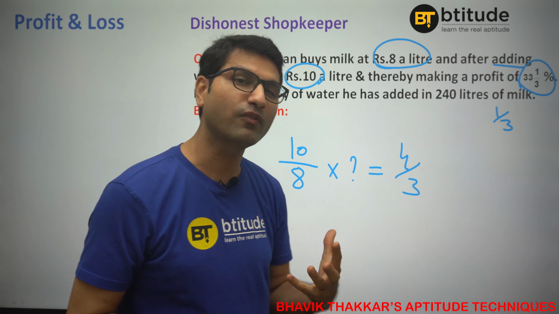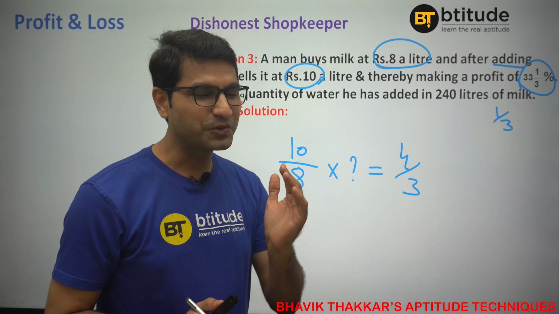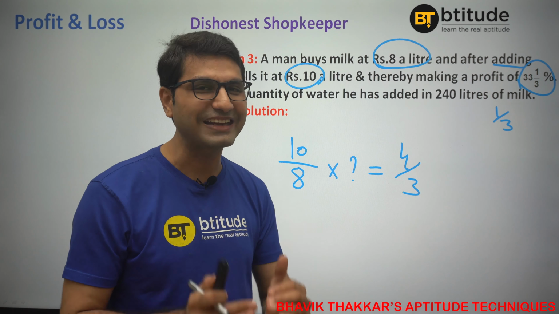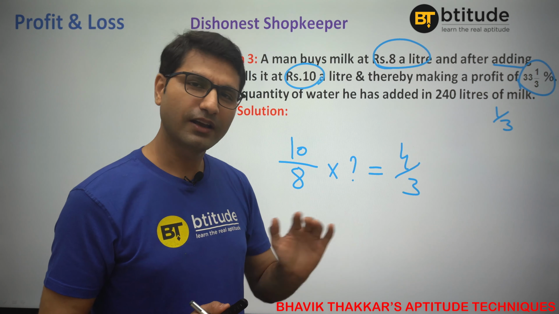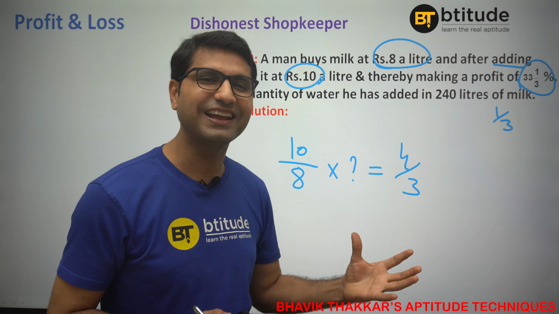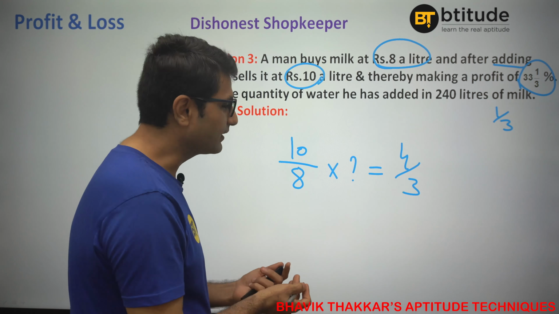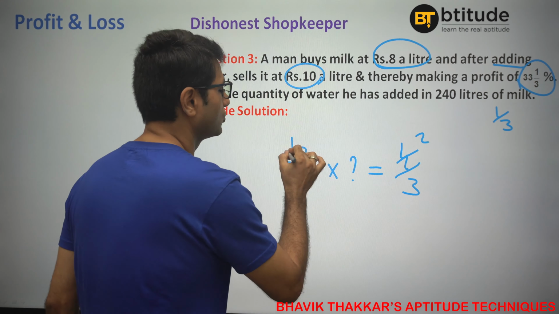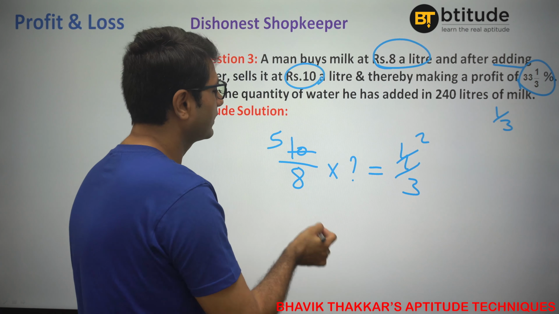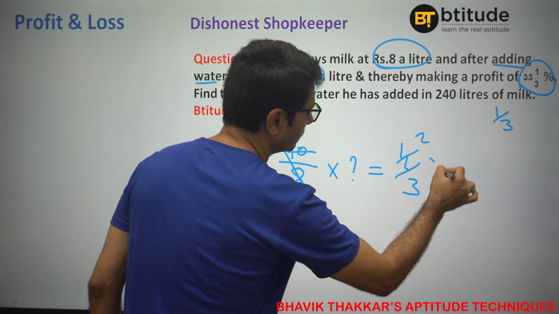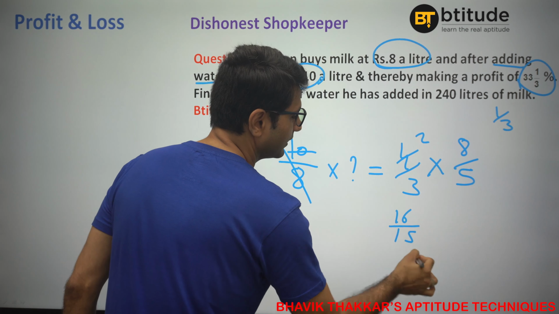Are you getting this? 1 by 3 profit means your original was 1 plus 1 by 3. We are talking about proportion now. So you must be able to understand this, and that is why I told you, if you are not feeling comfortable, you can always go to that percentage playlist. Once you understand this thing in detail, it's pretty easy, as you can see. You can directly understand 4 by 3 and that's it. Now you can simply solve this question, 4 by 3 and this 5 by 8, right? Because ultimately they are on the, it will go there. So it would become 5 by 8. When it will go on that side, it will become 8 by 5. So it will be 16 by 15.